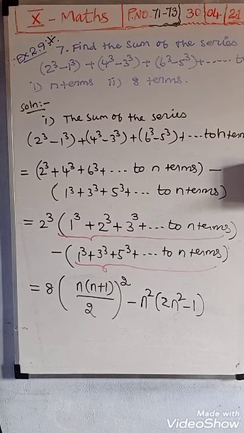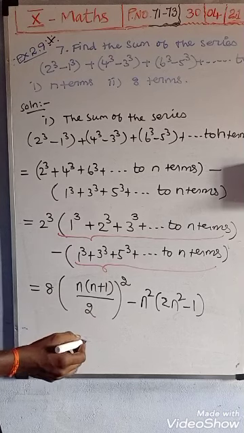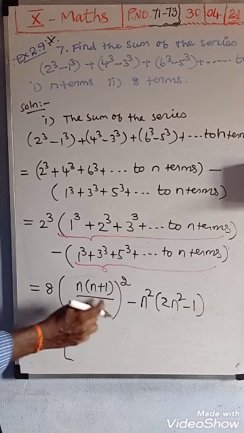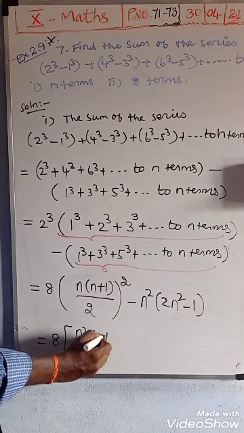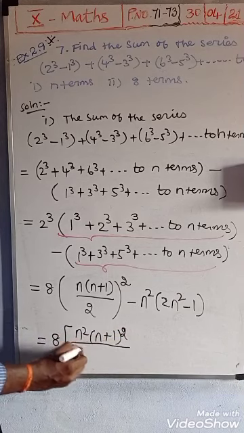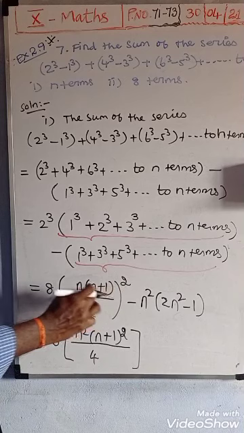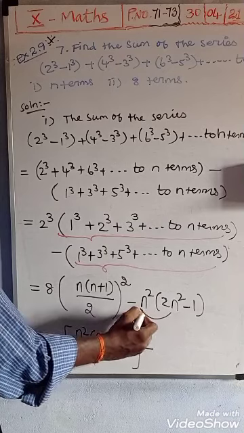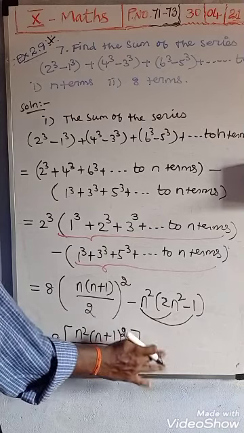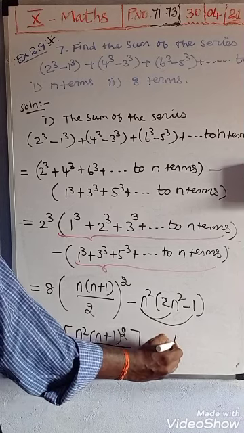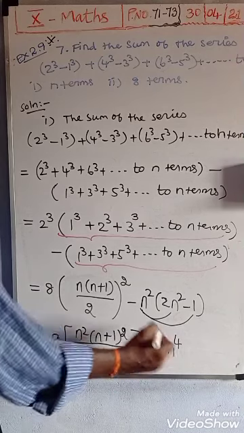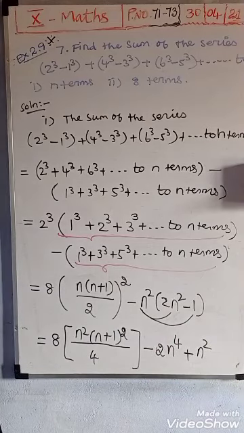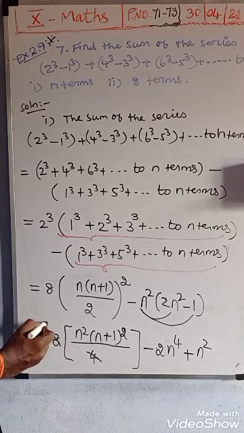Now, as usual, here 8 and 2 should not cancel. It is wrong because the power 2 is there. So first you take the square of this value: n squared, next n plus 1 to the whole square divided by 4, because the square is common for numerator and denominator. So 2 twos are 4, minus. Here n squared is common for both also. You should multiply: n squared into 2n squared is 2n power 4, minus 2n power 4. Next, minus into minus is plus n squared into 1, n squared. Then the next step, this 4 and 8 you can cancel, that means 2.